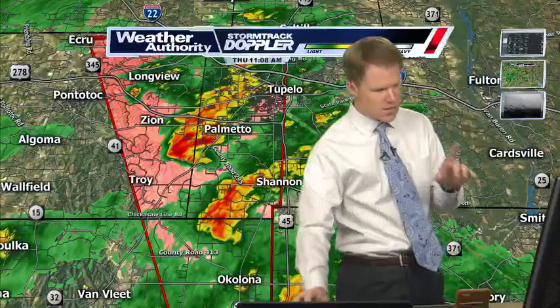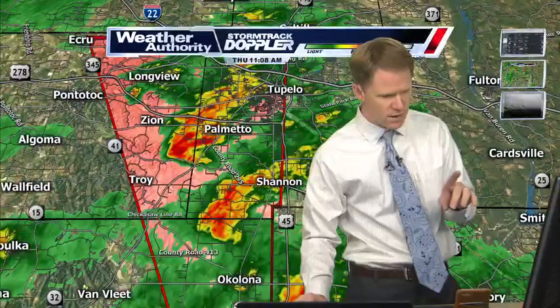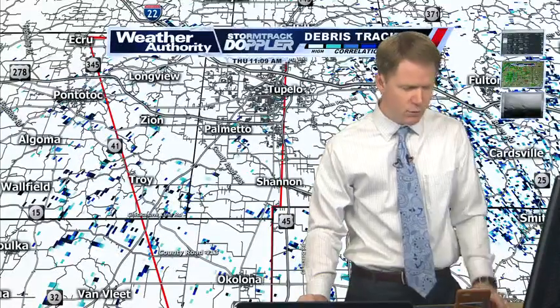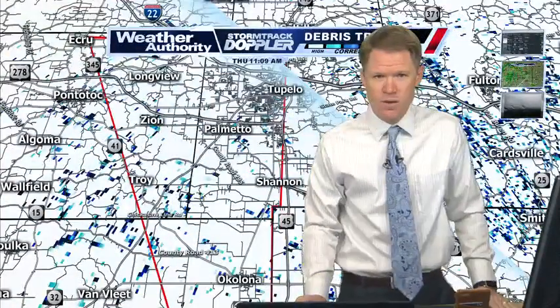At this point, checking the tornado debris mode on Storm Track Doppler radar, there's nothing in those 2 spots where those circulations are that leads me to believe that we have tornado debris, but there's going to be very short lead time on some of these, and that's why we have to be careful, and that's why we need eyes in the field. And that's where we bring in our meteorologist,